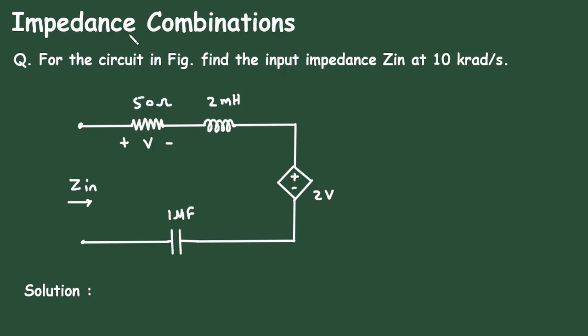In this video, we will see an example on impedance combination. Question: for the circuit in figure, find the input impedance Z in at 10 kilo radian per second. This 10 kilo radian per second is the value of omega. For this circuit, we have to find Z in. Solution: